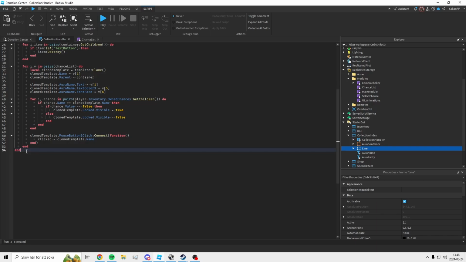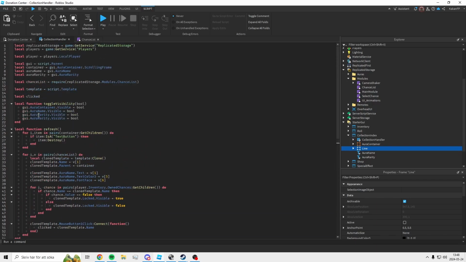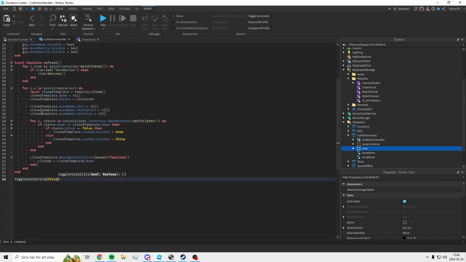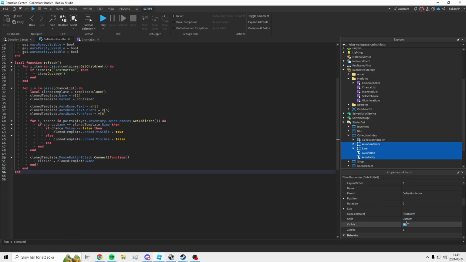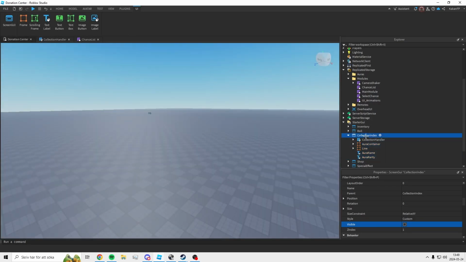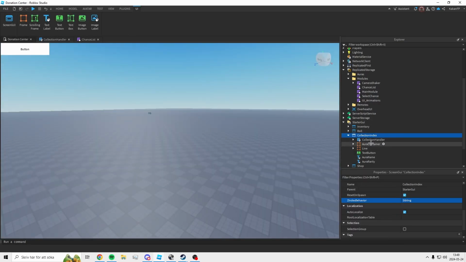So what we're going to do is call this function toggle visibility, and we're going to set it to false when the script is started. We do not need to do that, sorry. Okay, so toggle all of these visibility to be checked to false. Sorry for my English. Then we're going to create a button, a text button,